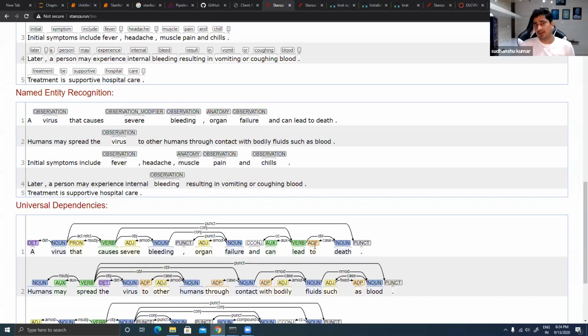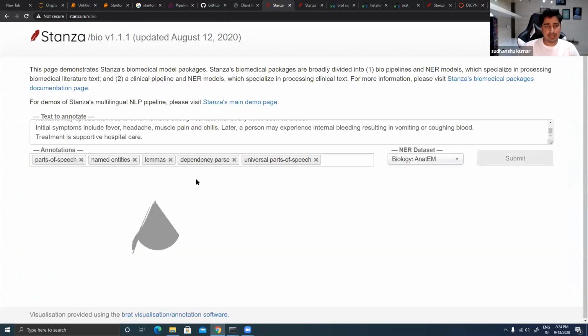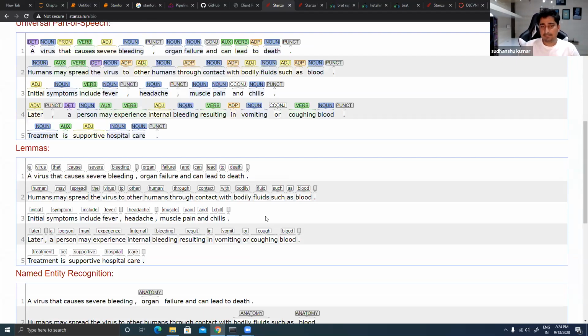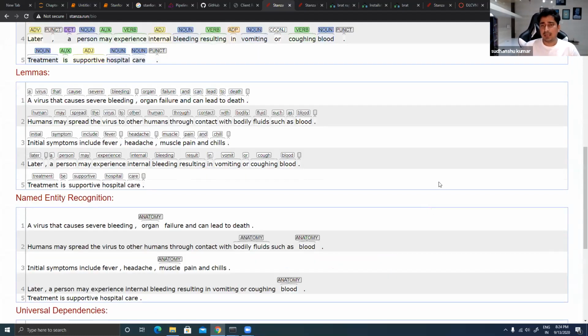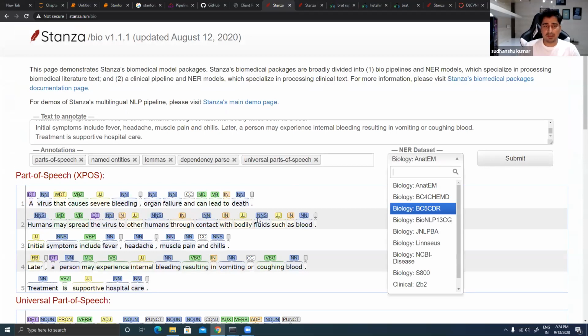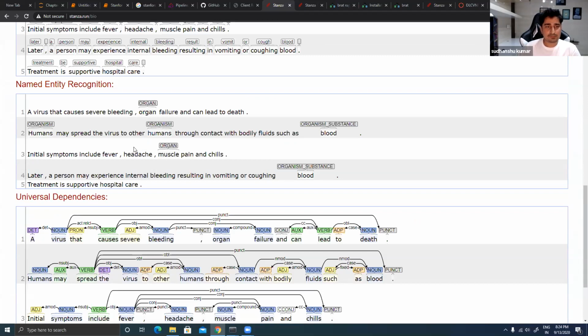Although we try to give some meaningful information, still, let's suppose I change the model again. In that case, it is anatomy, and it is able to recognize anatomy. So this is how different models have been designed. Organism substances, it is trying to consider blood. Organism as a human organ, it is trying to consider. Muscle as an organ, it is trying to consider. So these are different models which behave differently.